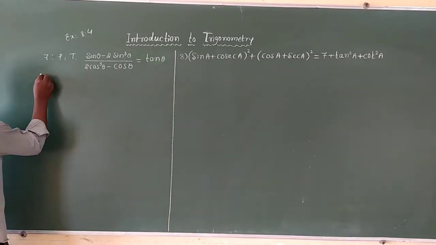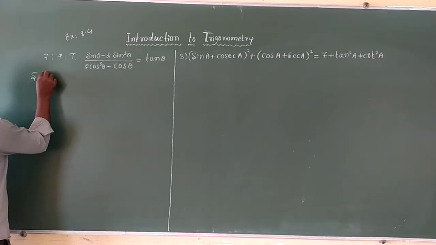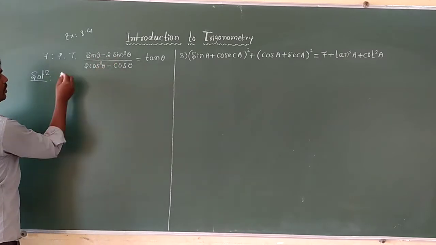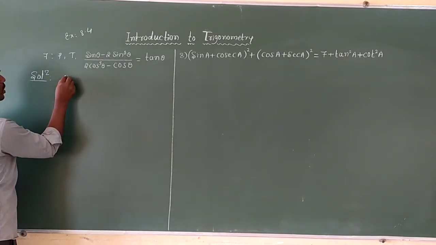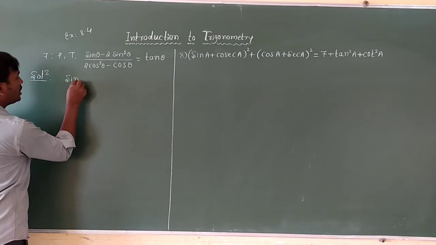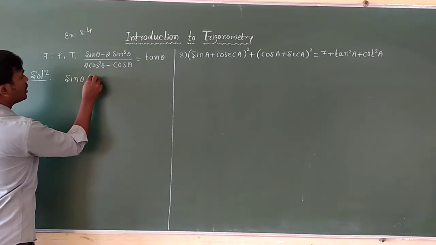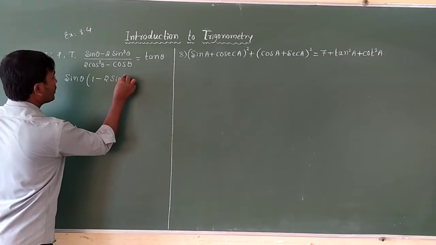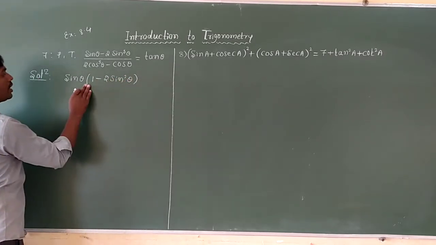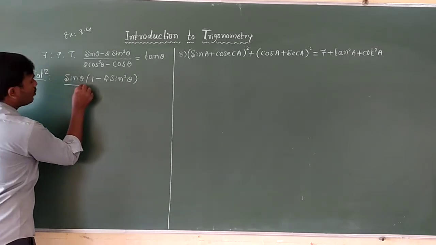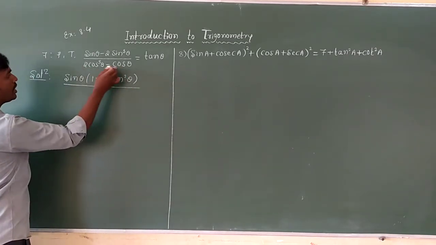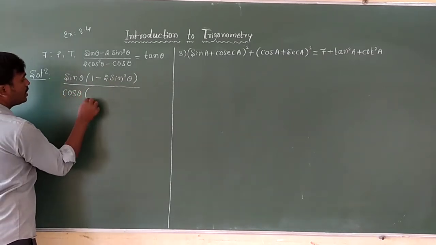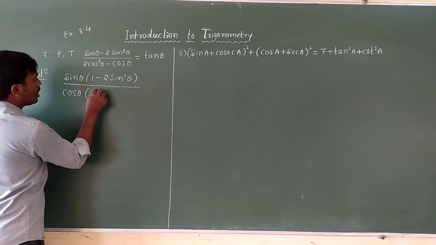Let us prove it by taking the LHS. Here the LHS is sin theta minus 2 sin cube theta. In this one, I will take sin theta common outside. If I take sin theta common outside, what is left here? 1 minus 2 sin square theta in the numerator. In the same way, in the denominator also, I will take cos theta outside. If I take cos theta outside, here it becomes 2 cos square theta